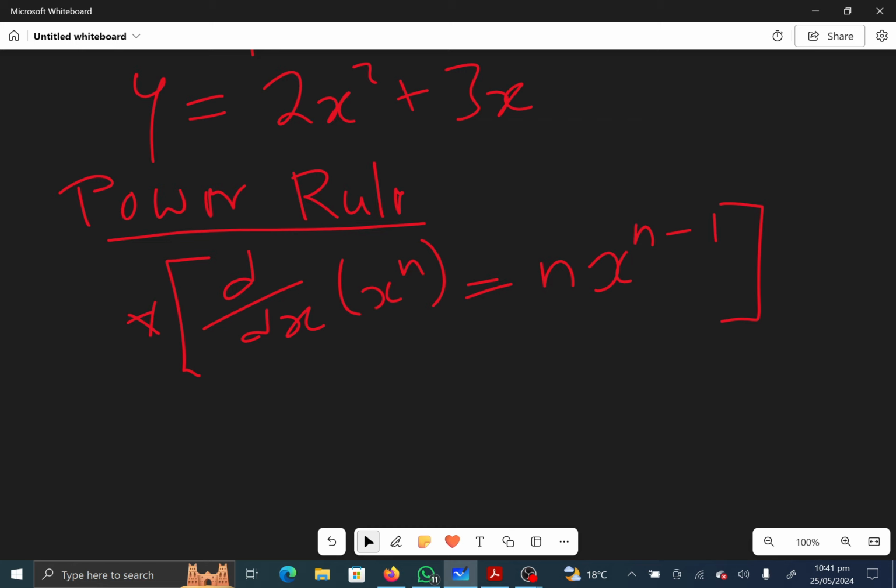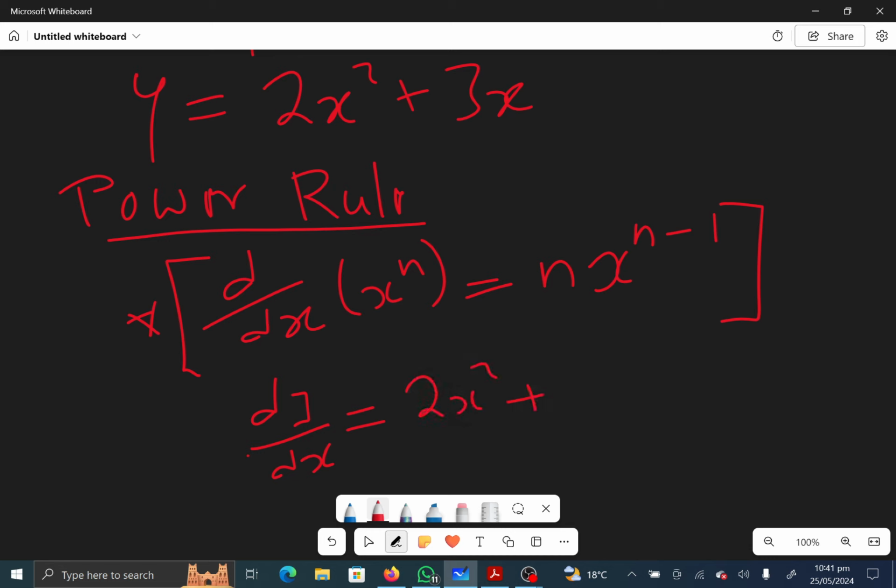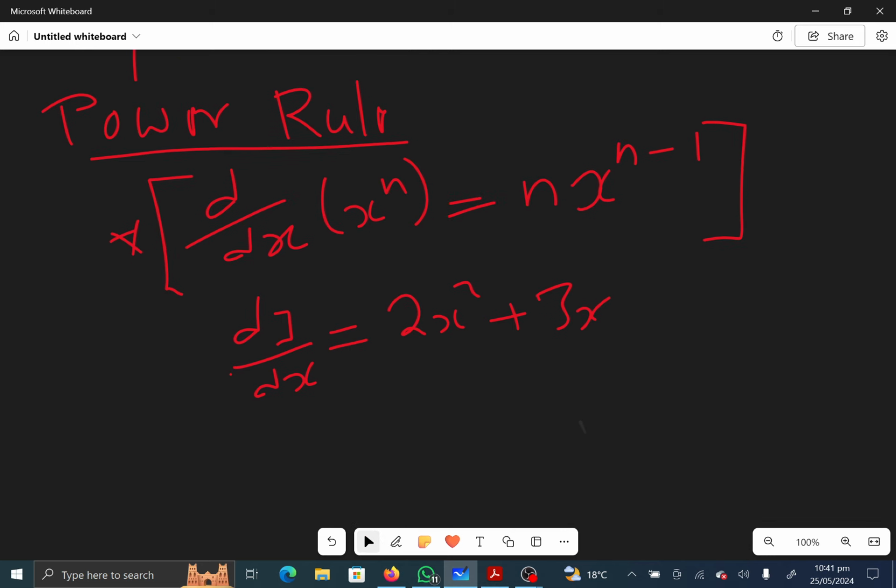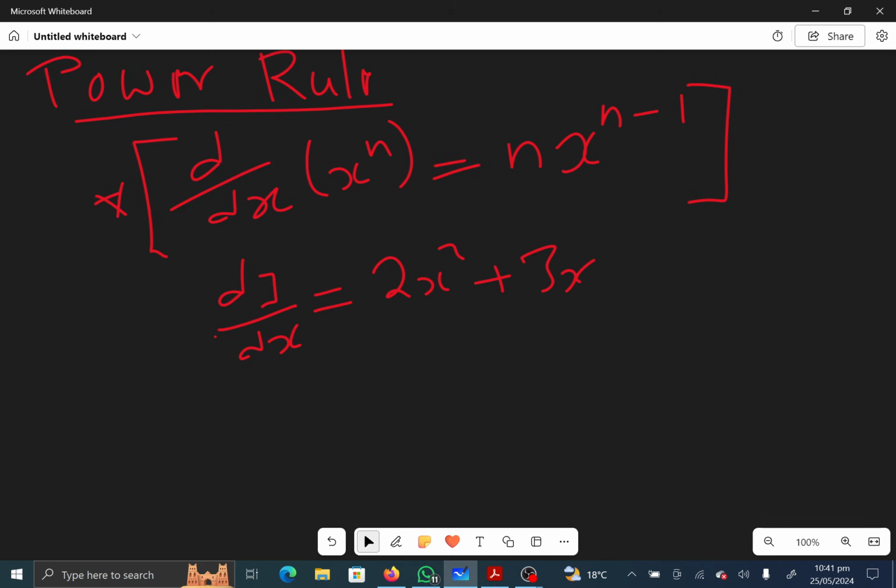So we'll say dy over dx is equal to 2x squared plus 3x. Now we differentiate this equation. So we'll say 2 multiplied by 2. We get the power 2 here multiplied by the 2. So it will be 2 multiplied by 2,